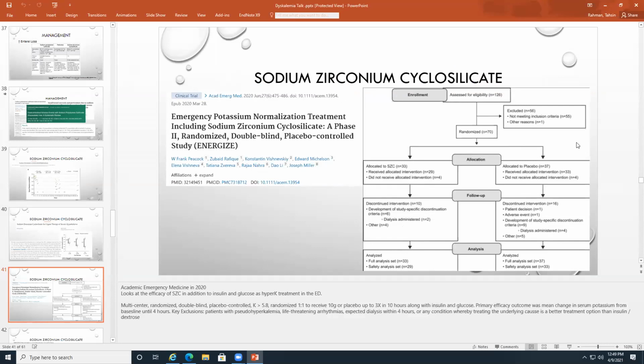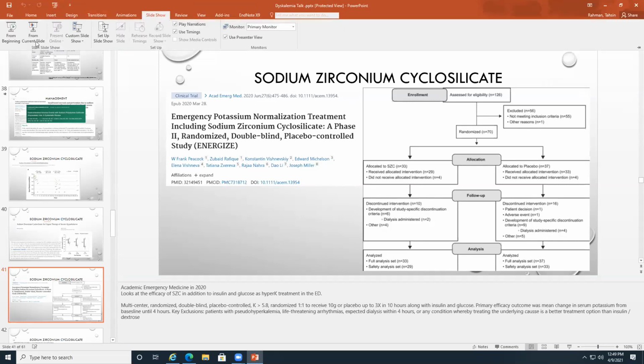It was a multi-center, randomized, double-blind, placebo-controlled study, and they enrolled patients with potassium of 5.8 or higher, with one-to-one randomization, and looked at the outcomes. Key exclusions include, of course, patients with pseudohyperkalemia, life-threatening arrhythmias, or those expected to get dialyzed within 4 hours, or any condition whereby treating the underlying cause is a better treatment option than just insulin and dextrose alone. And what they found was,